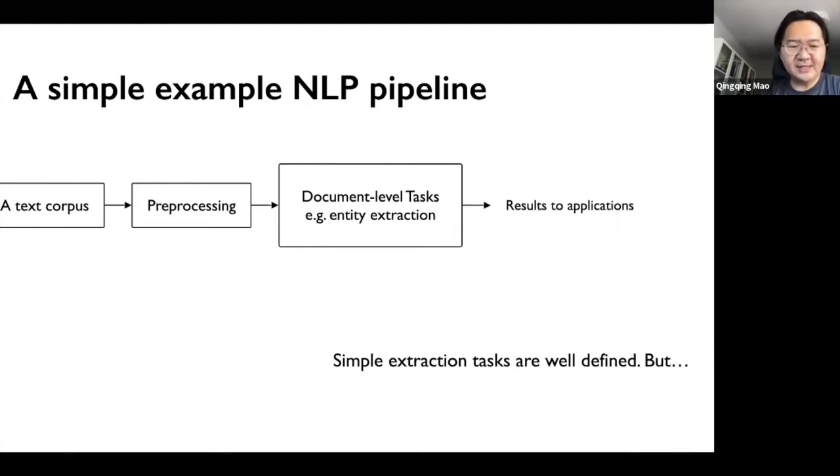If the task is like that, it's a relatively well-defined task, right? You have a fixed input and output, and your document-level task can be a machine learning based model. Then you have the standard procedure where you put something in and you get something out. And then data scientists can really just focus on how to improve that entity extraction model and then deliver the model, and that's done, right?